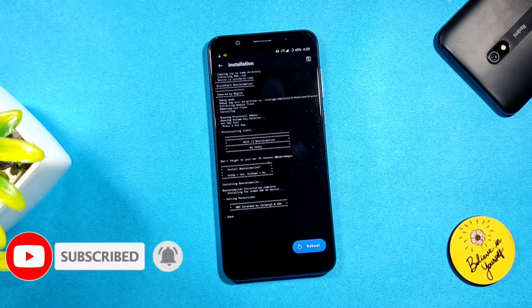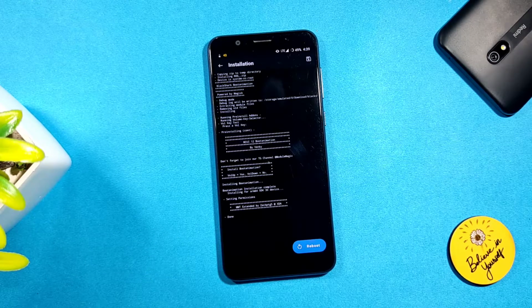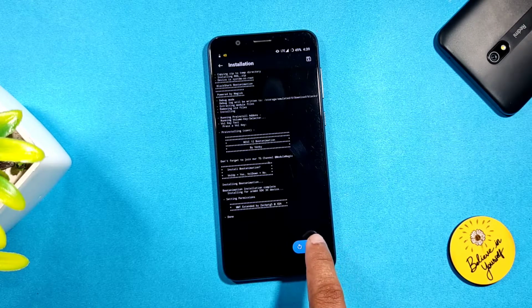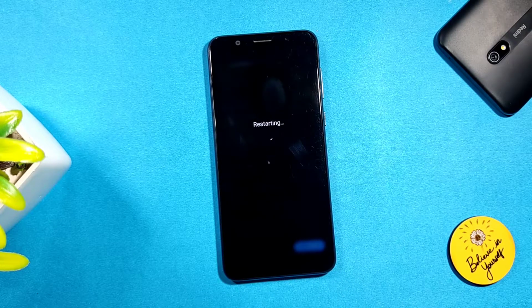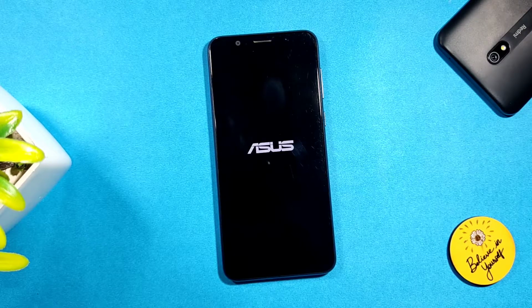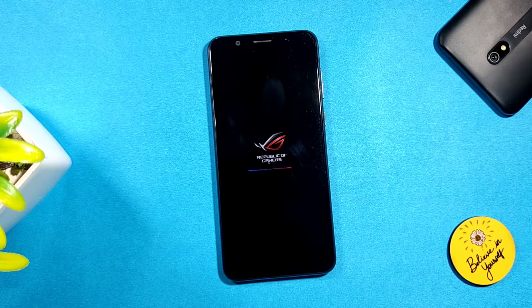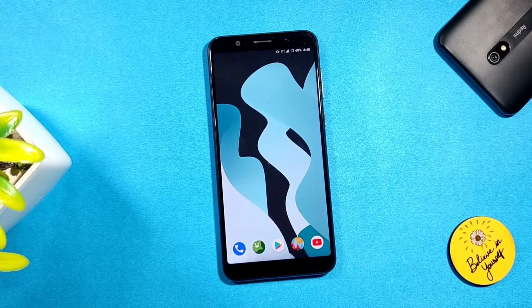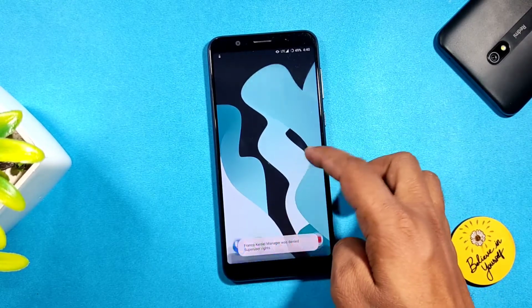And this boot animation also looks very cool, and in this file you simply need to do some volume key programming, which is a very basic thing, and then you will see a restart button. Simply click on the restart button and your device starts restarting, and in a few seconds you can see the new boot animation, which is the ROG phones boot animation, which looks very cool and feels like you are using a gaming phone. So finally, these are all three modules, which are very cool boot animations for these days.